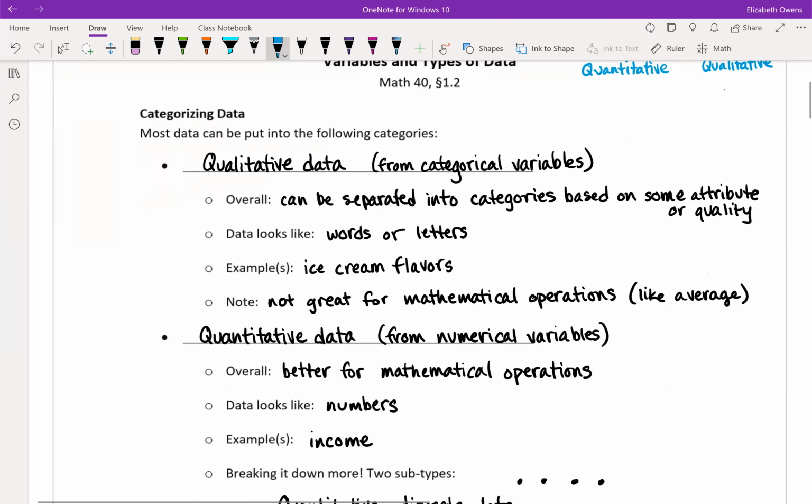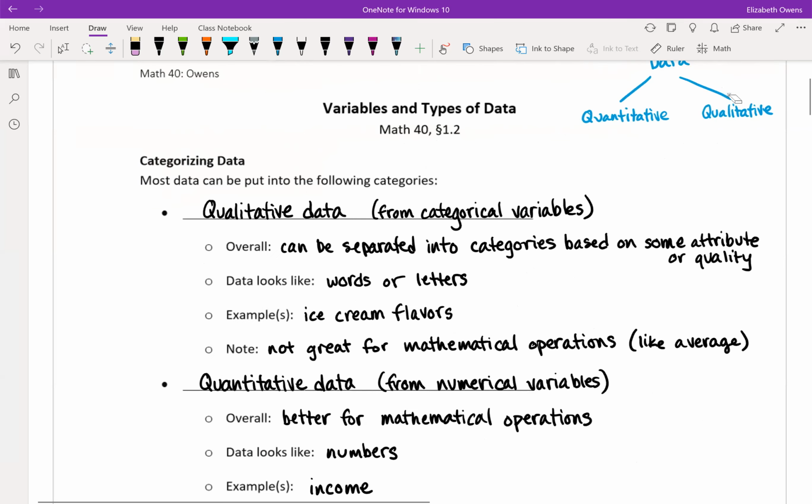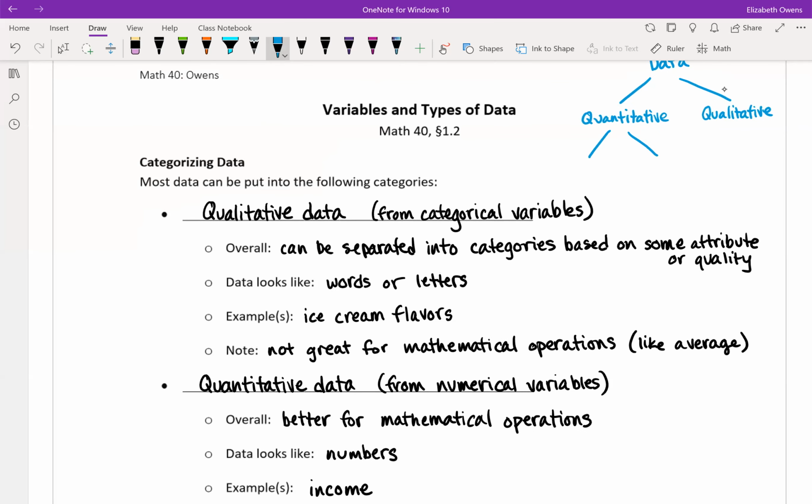And then quantitative data could then be split into these two different subtypes. Okay, so quantitative gets split into either quantitative discrete data, which results from counting, or quantitative continuous data, which results